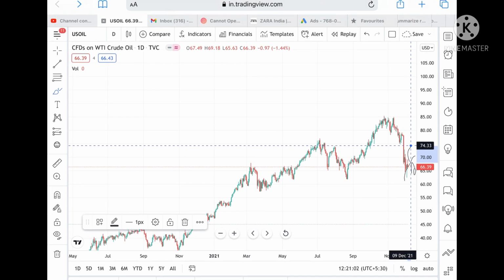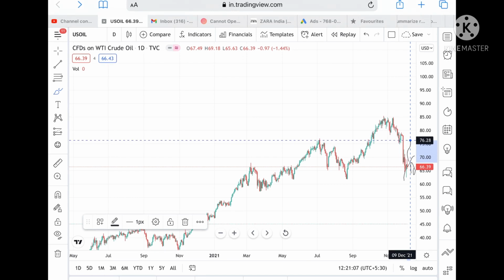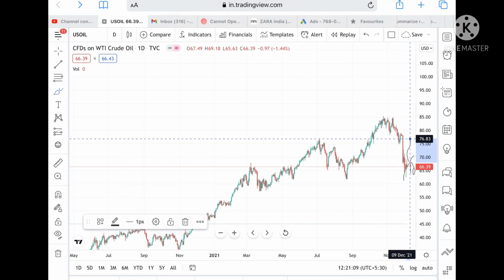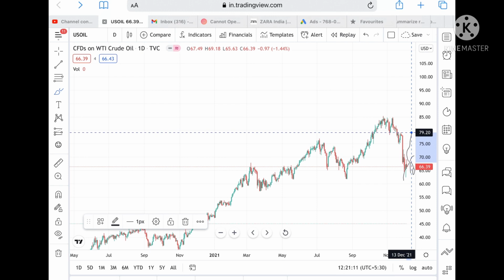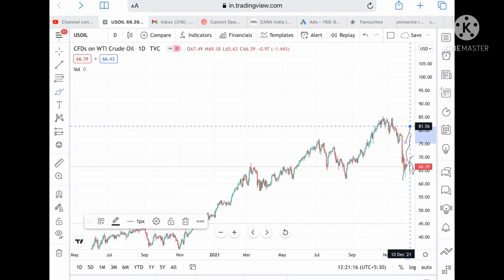From there we can see a level of 74.33. If the price sustains above this level, then we can see a level of 75.58, and from there we can see it can go and touch a level of 76.83, or it can go further upside to a level of 79.20. And if the price sustains above this level, then we can see a level of 81.56 also,